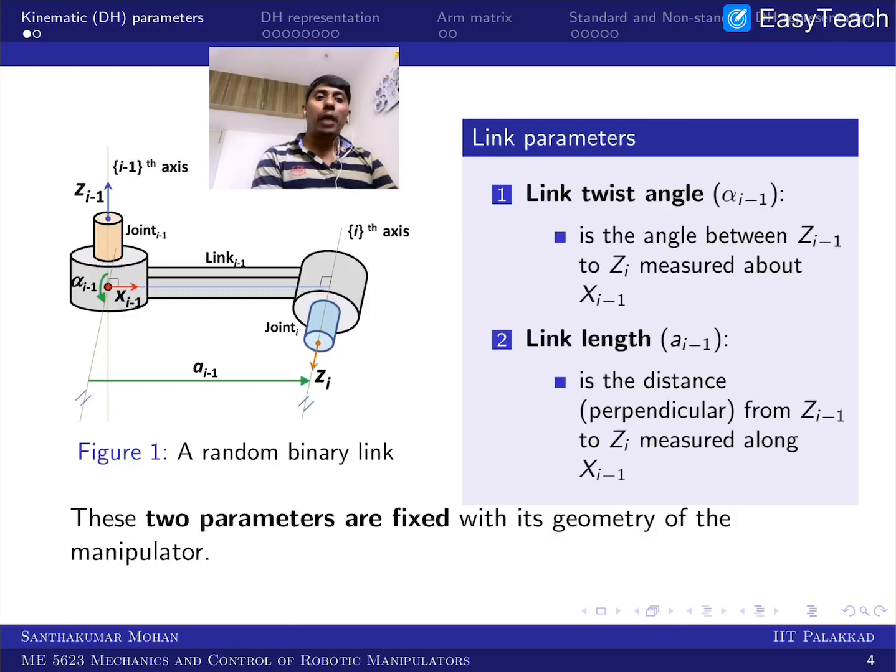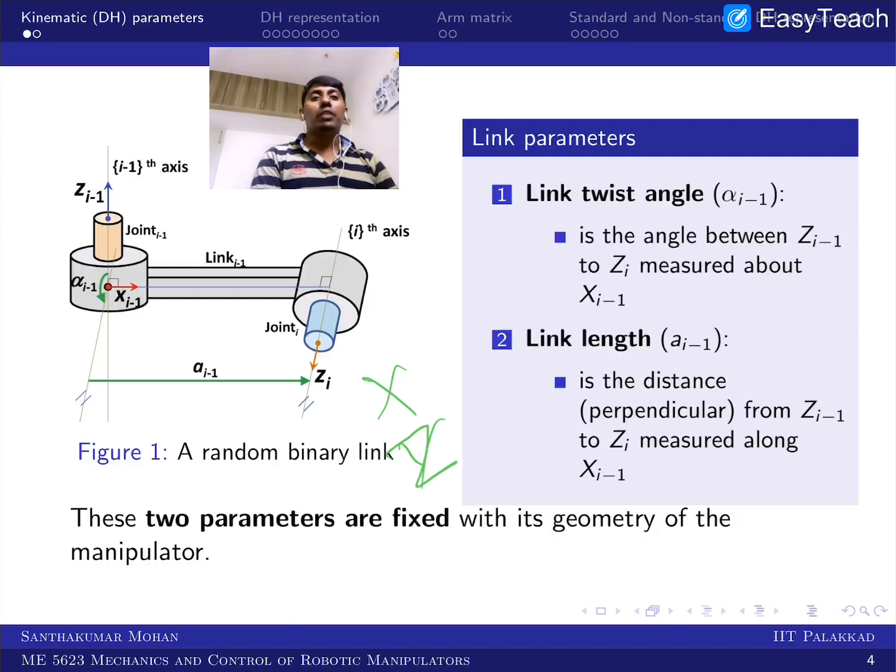When you talk about a binary link, from one joint to another joint, the information comes from the link. One of the easiest ways to describe that is to take a link and put one joint here and another joint there. This can simply be represented along one of the easiest axes, the X axis. In the sense we are going to talk about only the X and Z axes. We will not be talking about the Y axis. Okay.